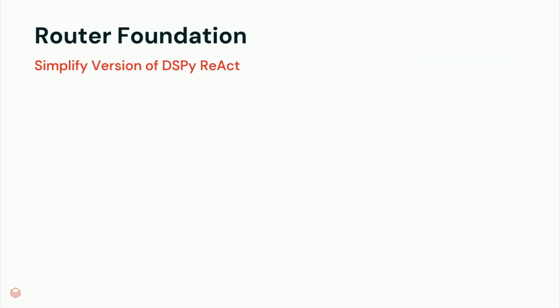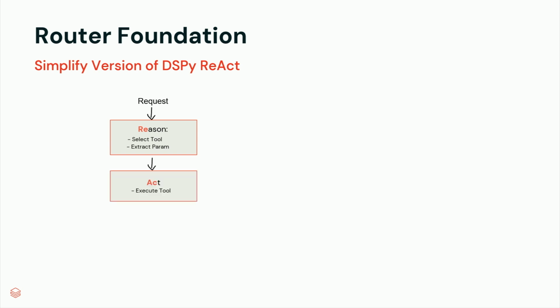Now, if you squeeze your eyes, this will probably smell to you like React. This is like an agent, it's reasoning and acting, and you will be right. This is where I started. DSPy has a module, as I mentioned, that is React, which basically does a reasoning phase that selects the tool and extracts parameters from the request. Okay, it selects a tool that seems to be the best one for answering the request, and then extracts the parameters that the tool needs out of the request, then acts by executing the tool,